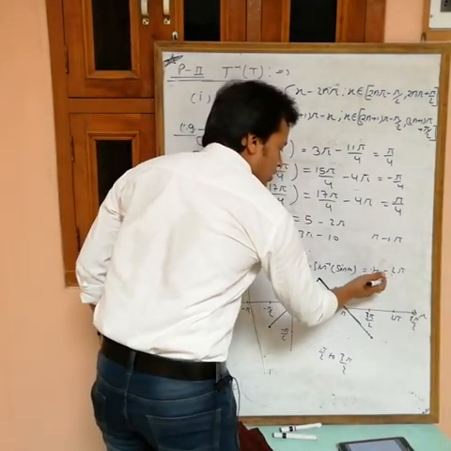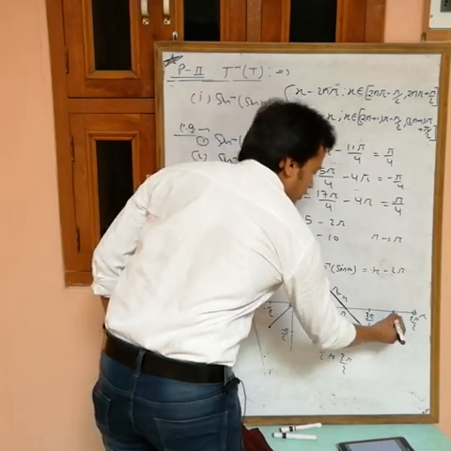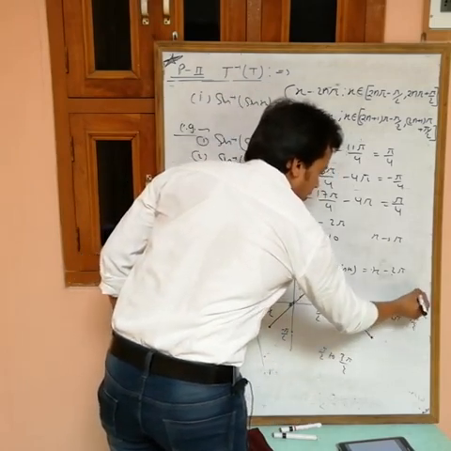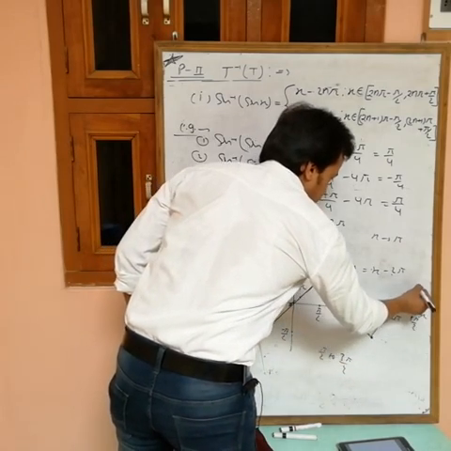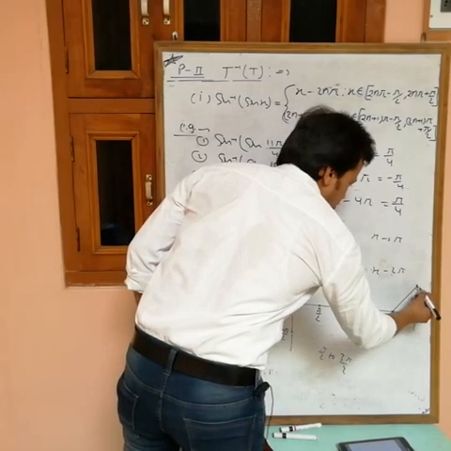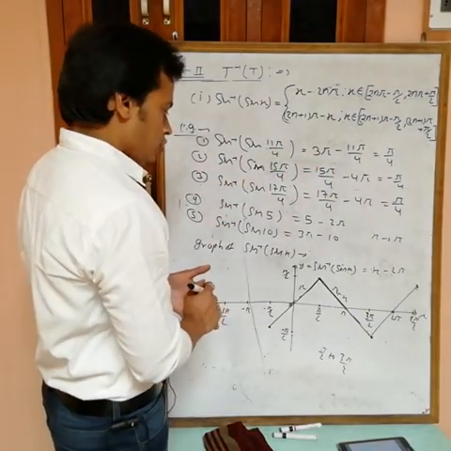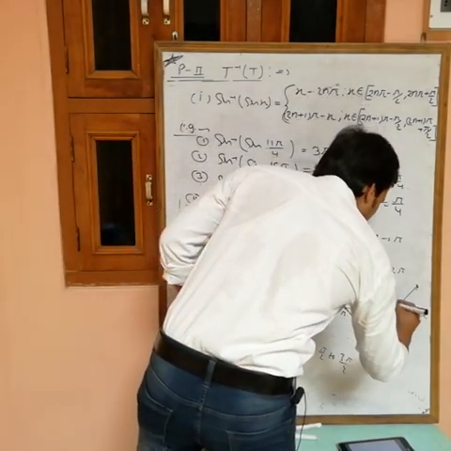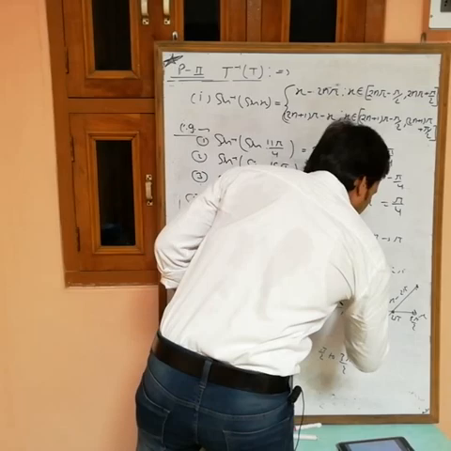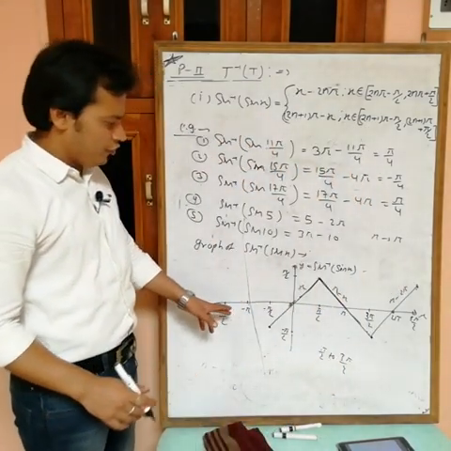Now put the value. Put 3 pi by 2: 3 pi by 2 minus 2 pi, again minus pi by 2. Put 2 pi, what are we getting? 0. Put 5 pi by 2, what will you get? Pi by 2. Okay, so the graph is like this. Similarly it continues up to infinity. And if you draw the equation of this line, then what do we have? x minus 2 pi.